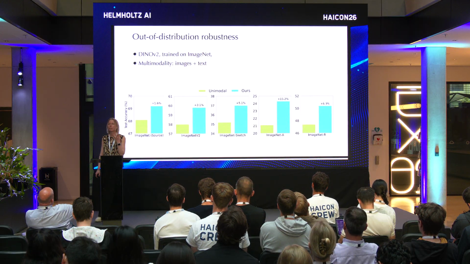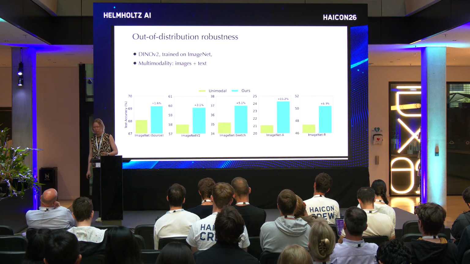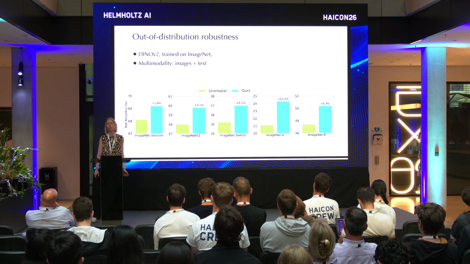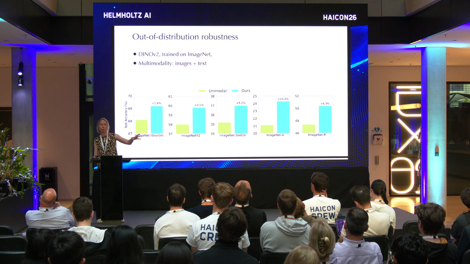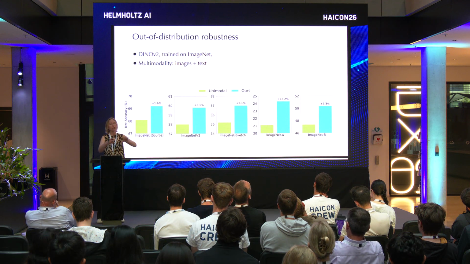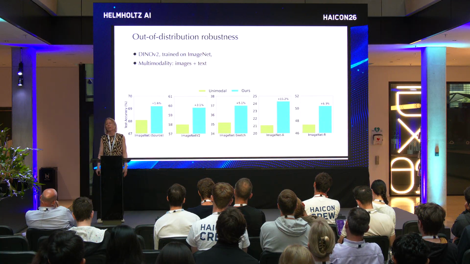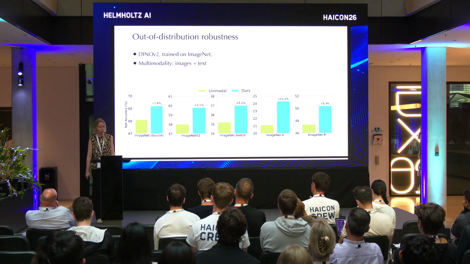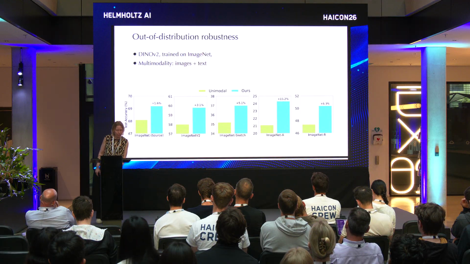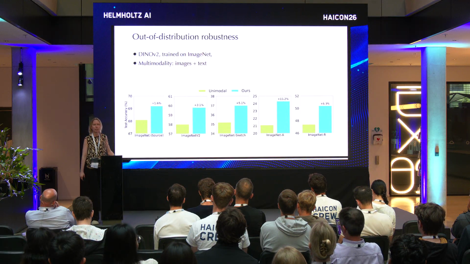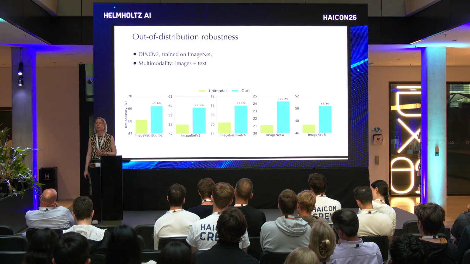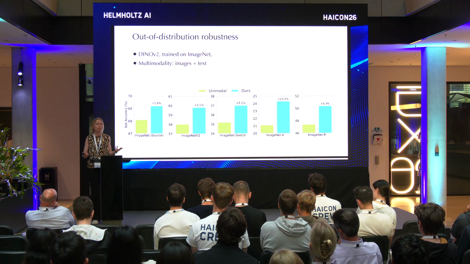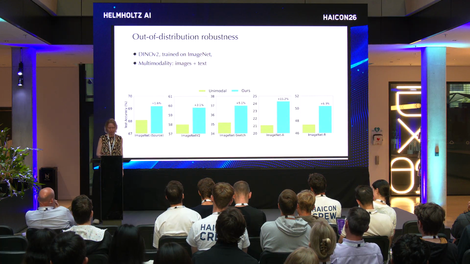Here's another example. One thing is it helps you in performance in distribution, but another thing it can do is help you in robustness out of distribution. Because again, maybe one modality covers one aspect, and if you see more data, you cover a wider range of scenarios, and that'll help you in out of distribution robustness. In this case, the target modality again is vision, and we augmented it with text, and with the text augmentation, it was actually much better in out of distribution robustness.